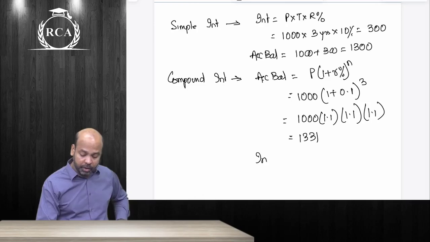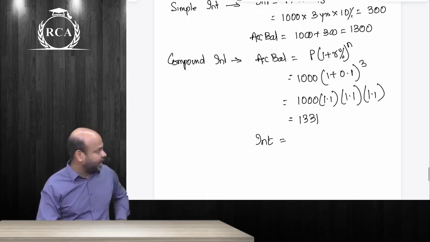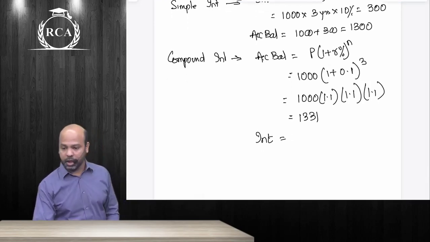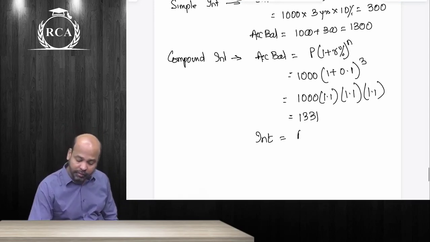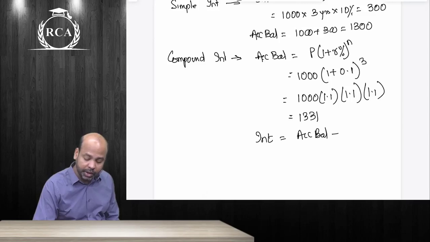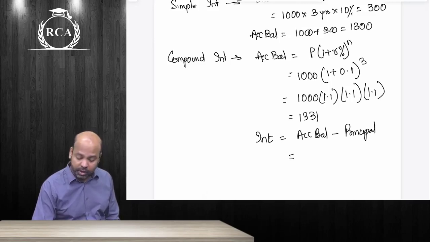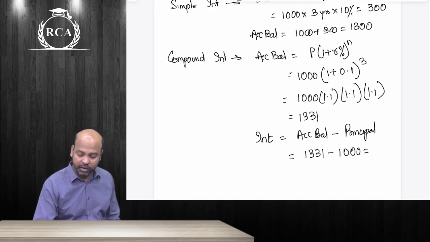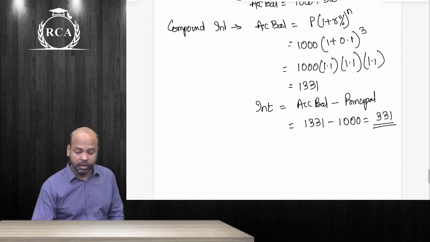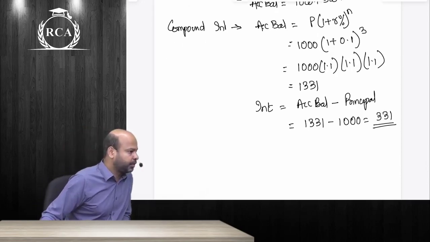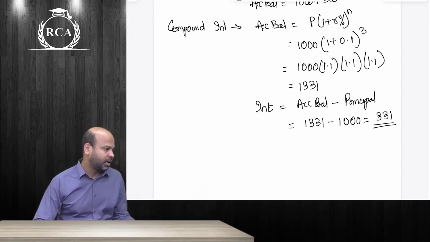You will not be able to compute the interest component directly. You're always supposed to arrive at accumulated balance first under compound interest. From that you deduct whatever was the amount of your principal portion. The leftover amount as such, beta, will be interest. You deposited 1000 rupees, you got 1331. You have earned an interest of 331 rupees. This will be the amount of interest. Are we clear about this?